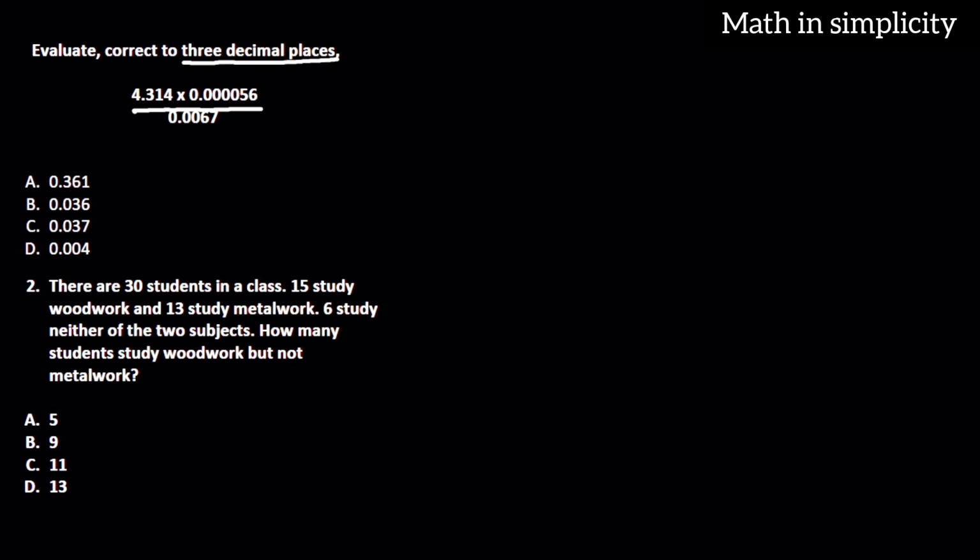It says evaluate correct to 3 decimal places. So you see that after the evaluate you have a comma there, meaning we should solve the question and then our answer will approximate to 3 decimal places. So we just have to use our calculator and simplify the numerator first, and whatever we get as our answer we'll simplify it by dividing by the denominator. So whatever we get will now start our approximation. Don't worry, you'll be given a calculator in the WAEC course, so you can use a calculator to do that. So if I do that with my calculator, I'm getting my answer as